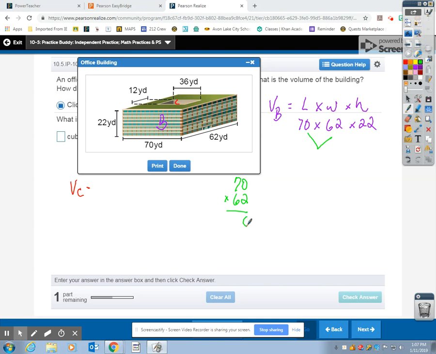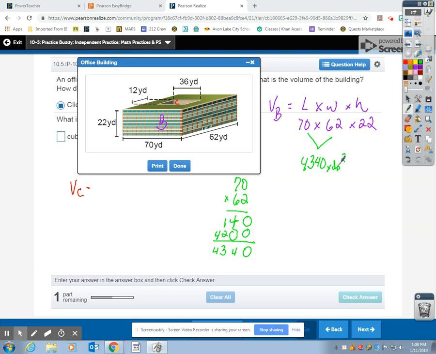2 times 0 is 0. 2 times 7 is 14. And I annex the 0 and move over. 6 times 0 is 0. 6 times 7 is 42. And now I'm going to add all of these numbers up. I've got a 0 here, a 4 here, a 3 here, and a 4 here. So 70 times 62, 70 yards times 62 yards, is 4,340